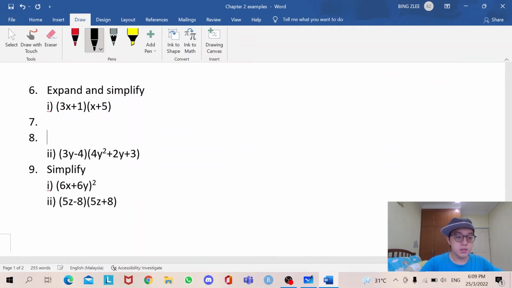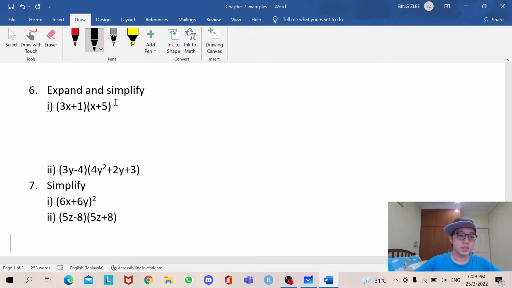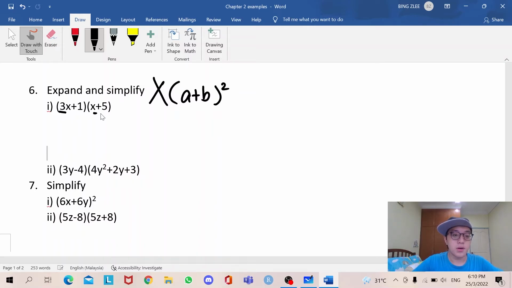Expand and simplify this following thing. So you might ask, can we use the (a plus b) squared formula here? The answer is no, because both are not the same. So we will need to multiply in one by one. So first thing, we have the